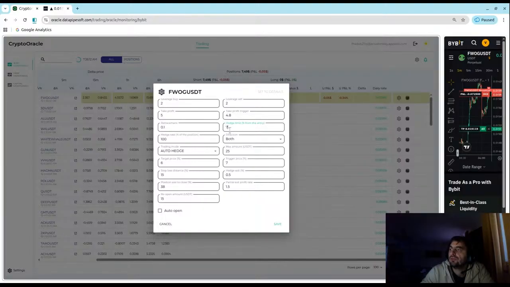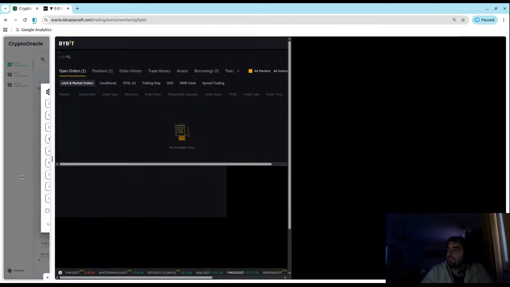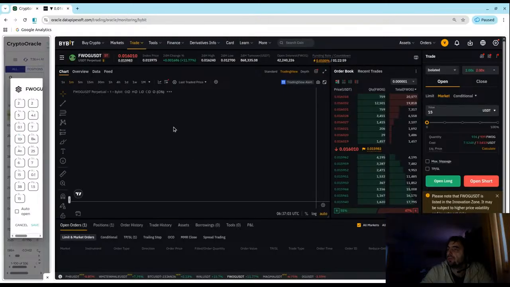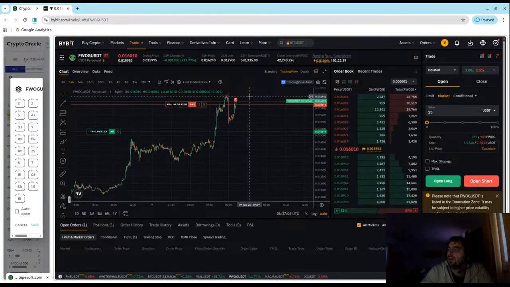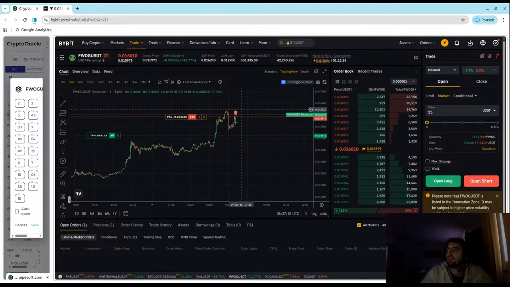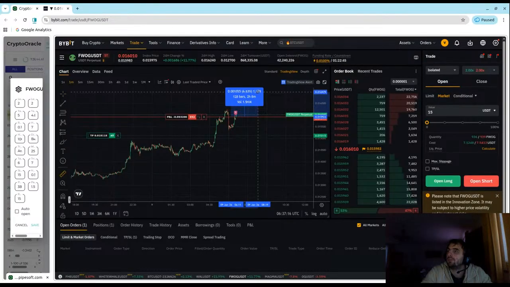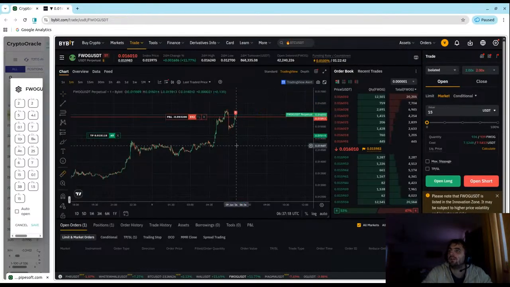So if price goes not in our favor by 7%, then it's going to hedge it, and it's going to hedge it 100%. Here you can define, like, you could hedge 2%, you could hedge 50%, for example. So if price grows another 7%, then the hedge is going to happen here 100%. 7% is far away, something like that.